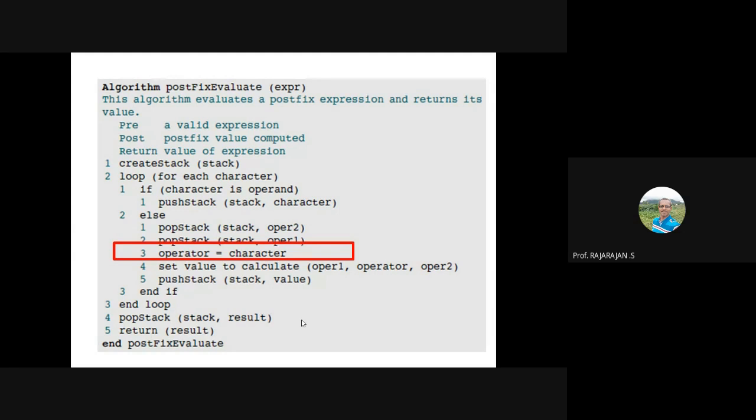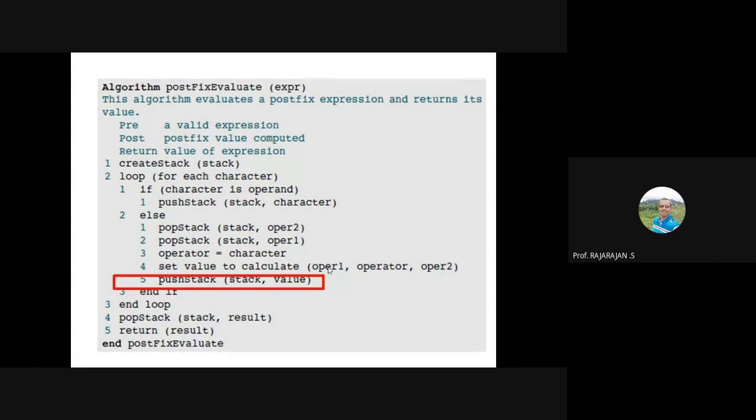So you just retrieve that character from the string, and now you know what the operator is. Then you call the function where you pass operand 1, operator, operand 2, where you will be calculating the result, and the result is again pushed into the stack.